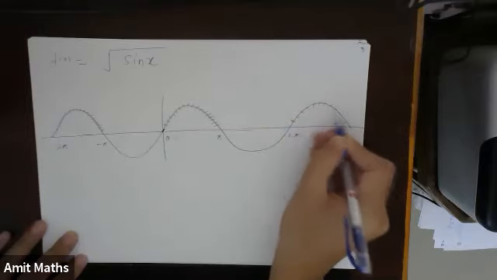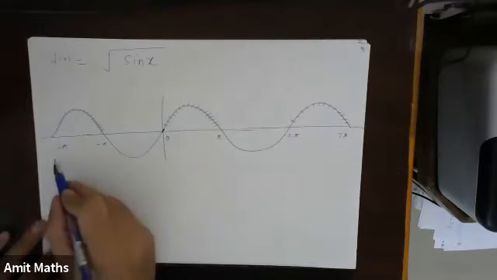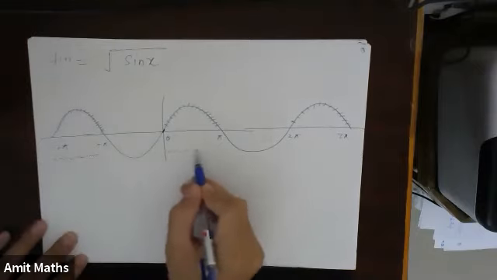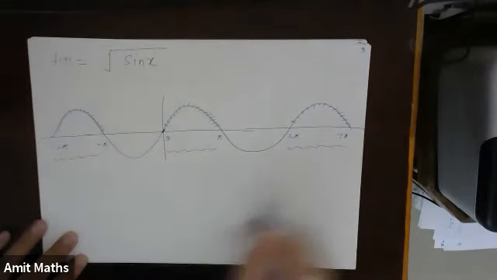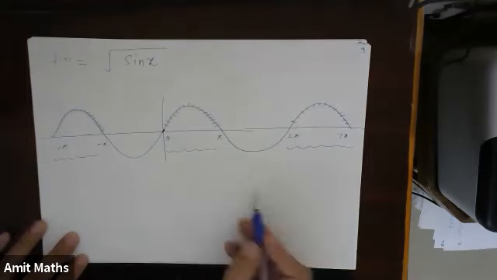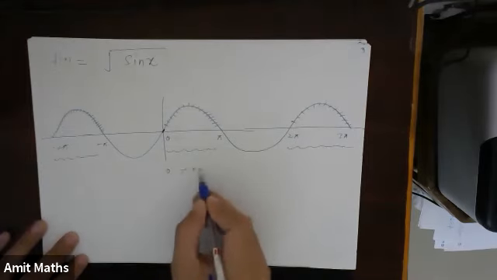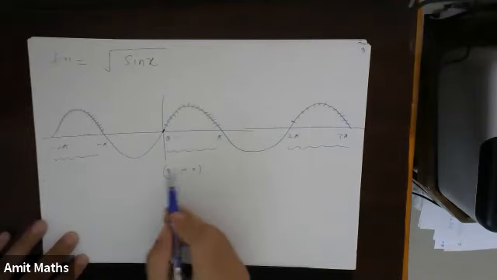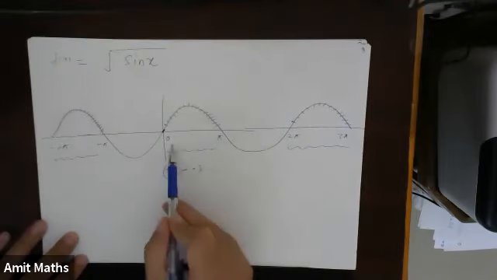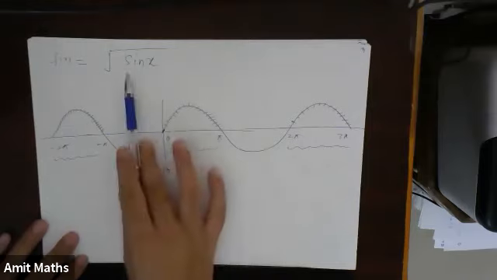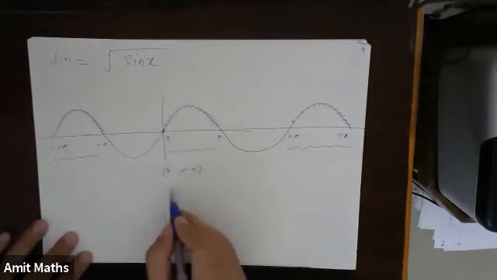We can take only these values of sine. That means we have to take these parts of the domain, that is from 0 to pi. Now 0 and pi will be included because the square root of 0 is defined. So we'll take 0 to pi,